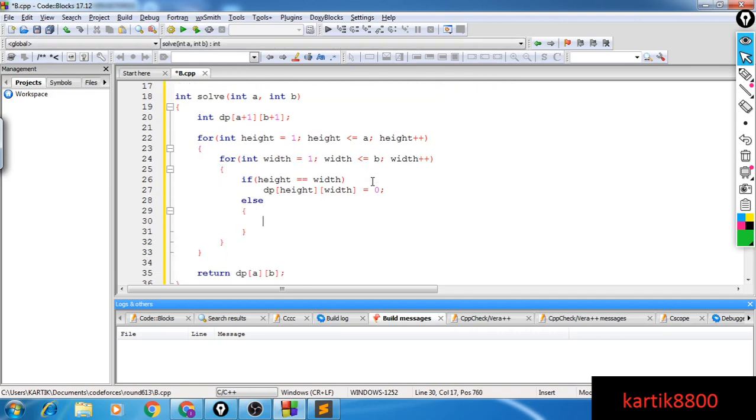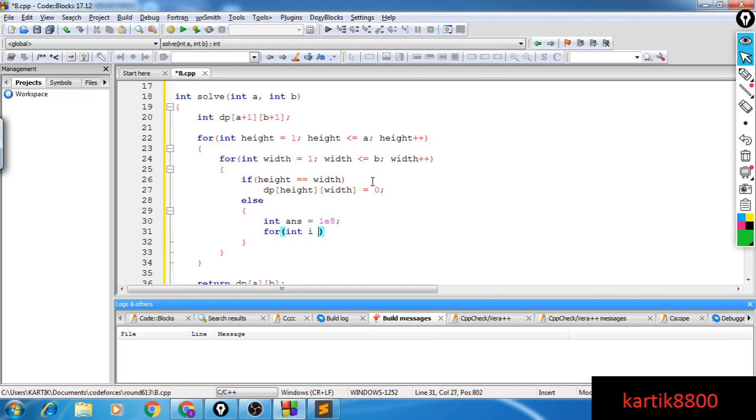I'll make all the possible cuts. Let's say my answer is, for now, let me keep this to be something very high value, something greater than a cross b. Let's just go for 1e8. Assume this to be infinite, okay? Now I'll be making all the possible cuts, and whichever gives me the smallest answer, that I will choose as my answer.